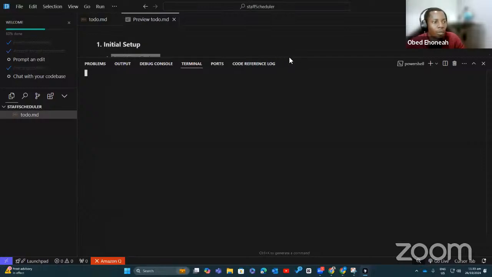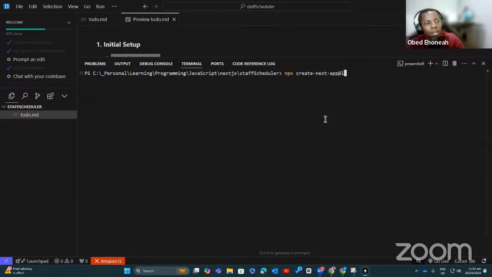So let's go to our terminal. Then we run that command. But instead of putting the slash at latest, we are going to put at 14 because the latest will give us version 15. And that's not what we want right now, because it has been in experimental for a while, but was released into production a while ago. So it's asking for my project's name. Because I want to use the same directory I am in, I'll just put a dot.